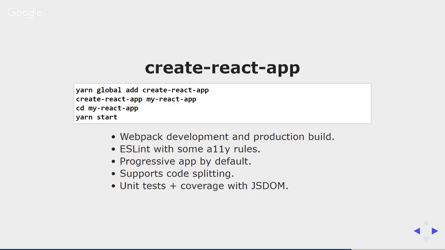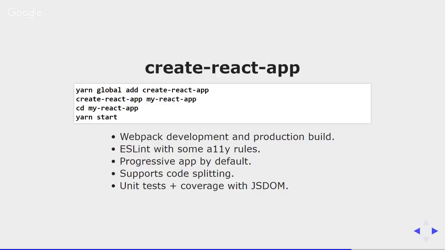And really great, it comes with some accessibility rules already implemented. More on that a little bit later. You get progressive apps by default, but progressive in terms of service workers and offline apps. It supports code splitting, so it helps you to improve the load performance of your applications, and unit tests and coverage is already in there. It really gives you a great springboard because it takes so much worry away from you in terms of configuration,